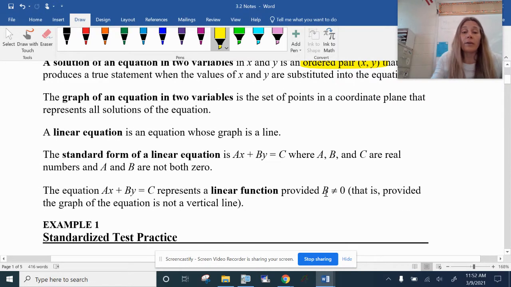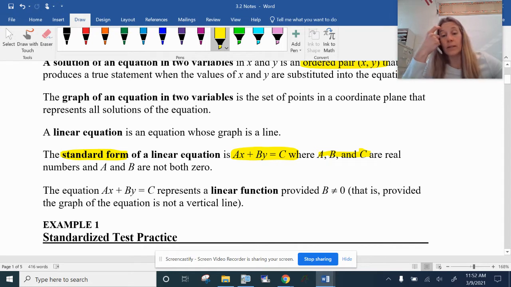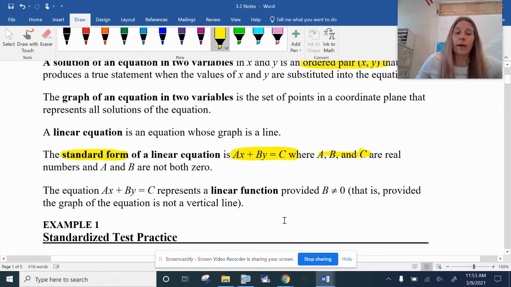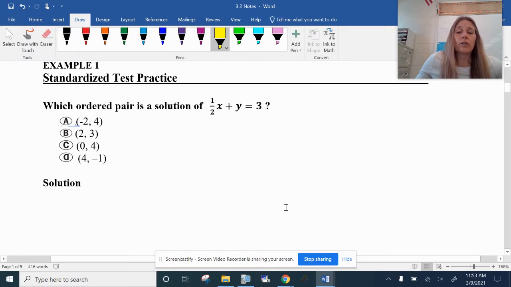Now, there is the standard form of the linear equation, which consists of ax plus by equals c, where a, b, and c are real numbers, and a and b are both not zero. The equation represents a linear function, provided that b is not zero, because then it would be a vertical line, which is undefined. So if you were to get a question, such as this one here, on a test or